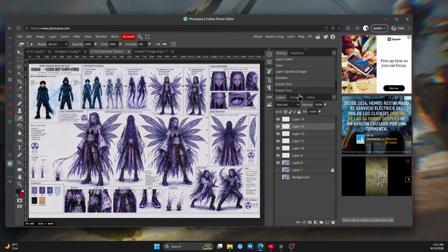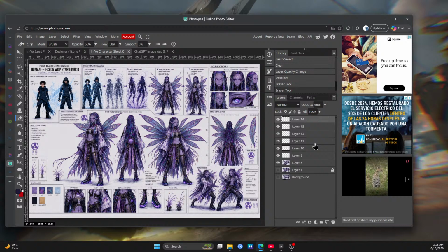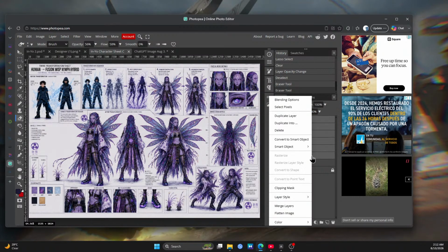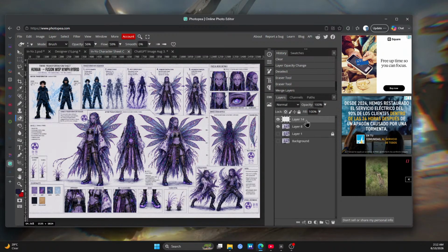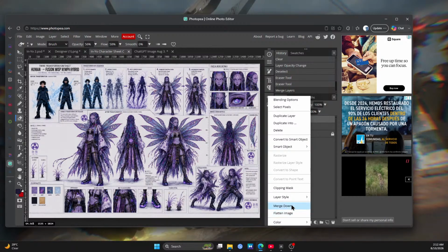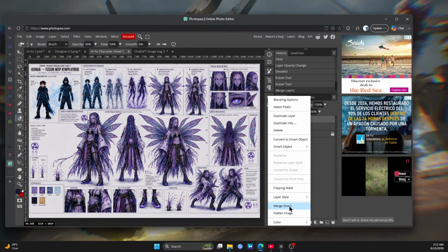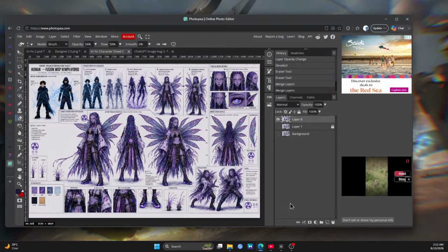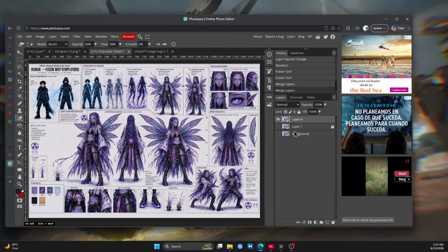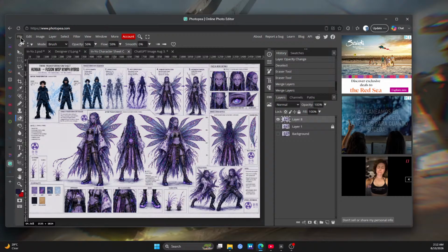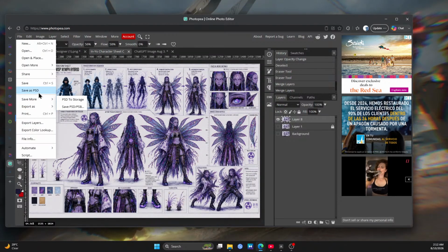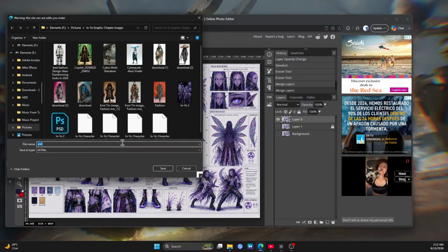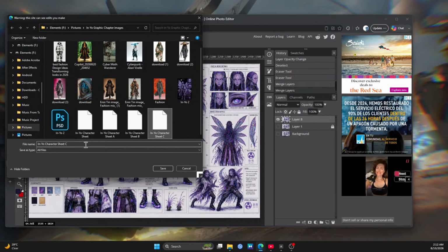So I hope that was helpful to see how I edit. With the merge down feature, just be careful with that. Be very careful. Again, I hope that gives you an idea how I edit AI generations,